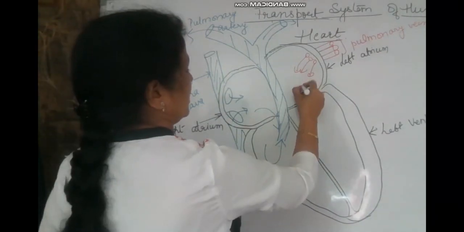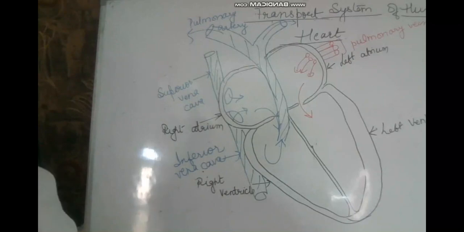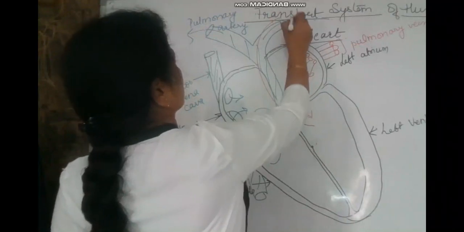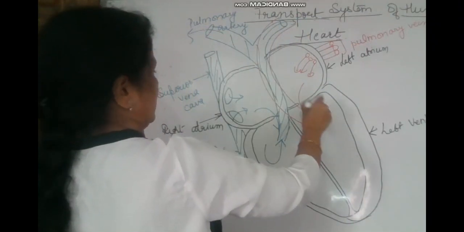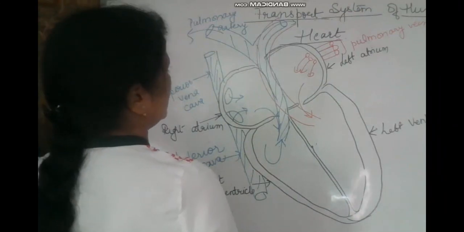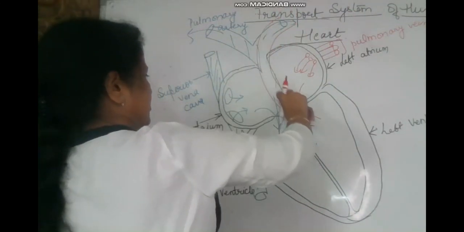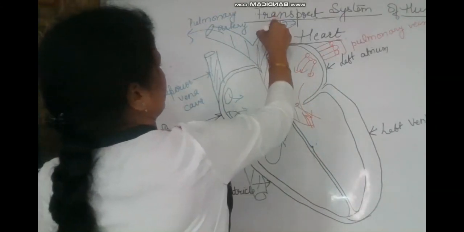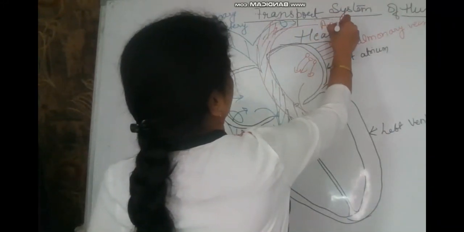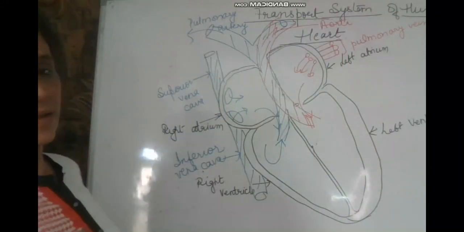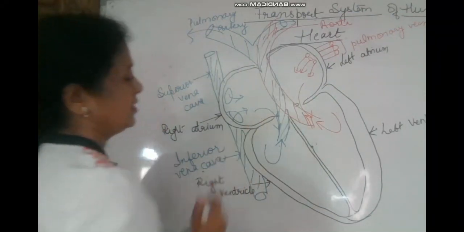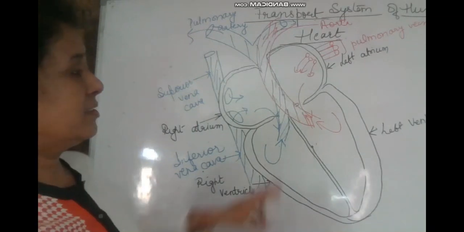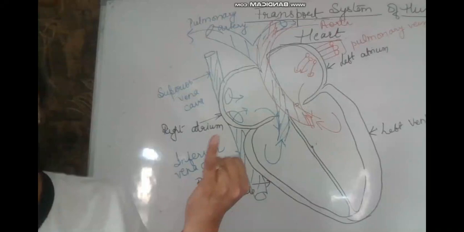Similarly, blood from this side is entering into the left ventricle, and from the left ventricle this is going through the biggest artery of the body. This biggest artery of the body is the aorta. This is the biggest artery. This is aorta. So from here blood will enter here. The thickness of this largest artery of the body is that of our little finger.